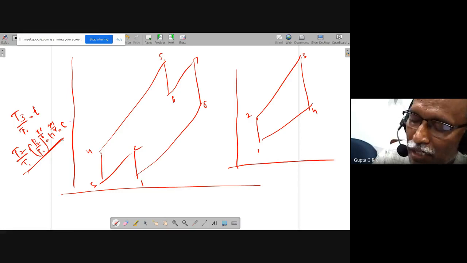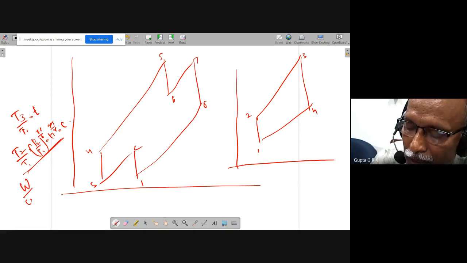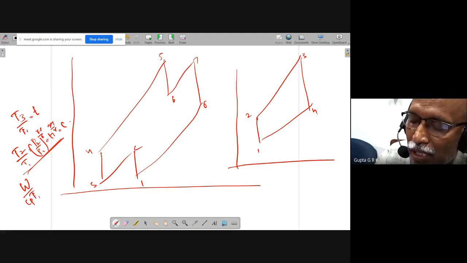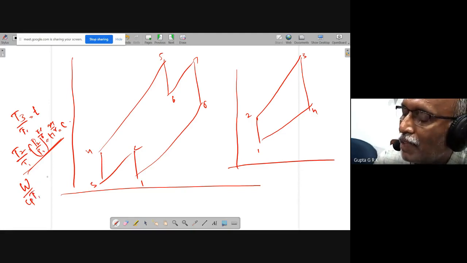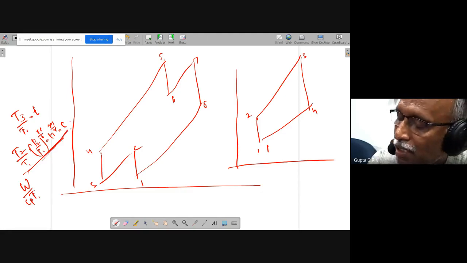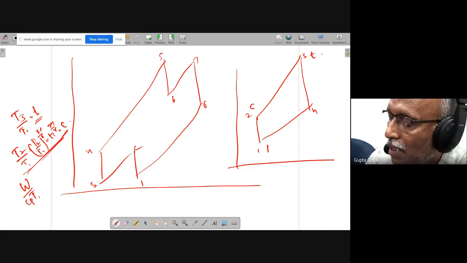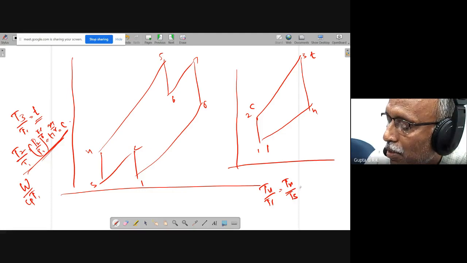And when you take the efficiency and the compressor works, we take W by CPT1 like that. When you take that, we'll get T2 by T1, T1 by T1, T3 by T1, T4 by T1. So T1 by T1 is 1. T2 by T1 we have already seen is C. And T3 by T1 is taken as T. And T4 by T1 is T4 by T3 into T3 by T1. T3 by T1 is small t, T3 by T4 is 1 by C, so this is T by C.